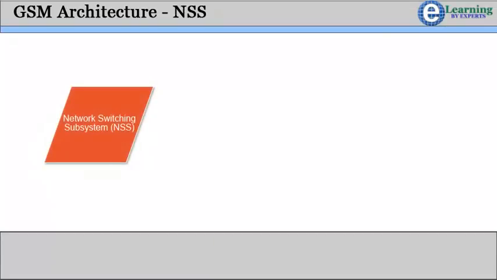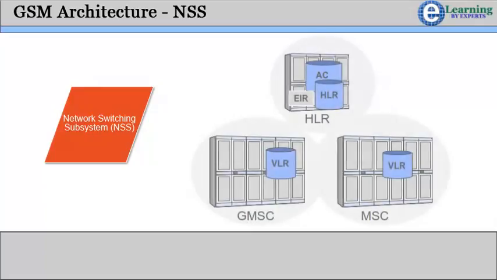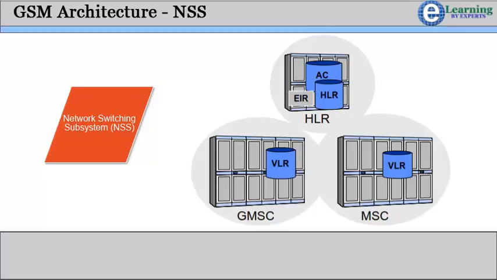Network switching subsystem contains the network elements such as Mobile Switching Center or MSC, Gateway MSC or GMSC, Home Location Register or HLR, Visitor Location Register or VLR, Authentication Center or AuC and Equipment Identity Register or EIR. Most of these network elements are logical entities and physically can coexist depending on operator preference. Main functions of NSS are: